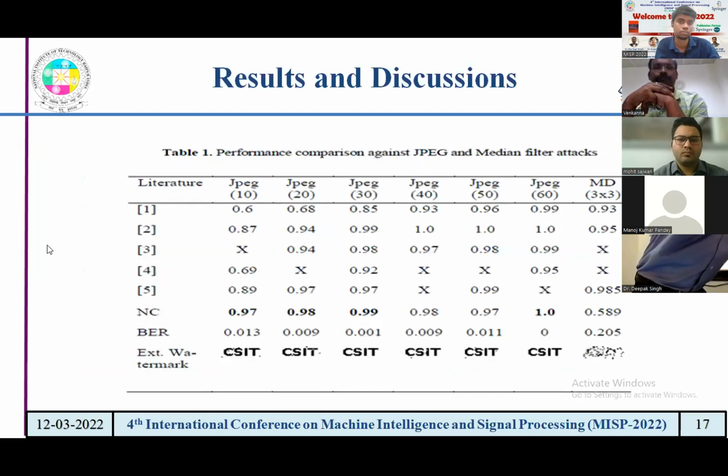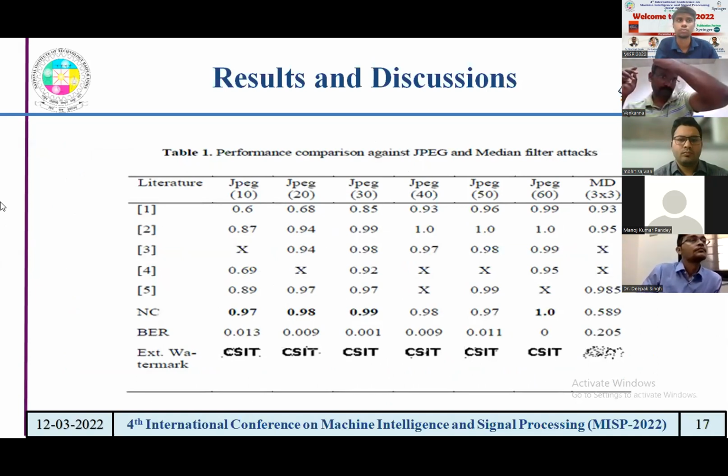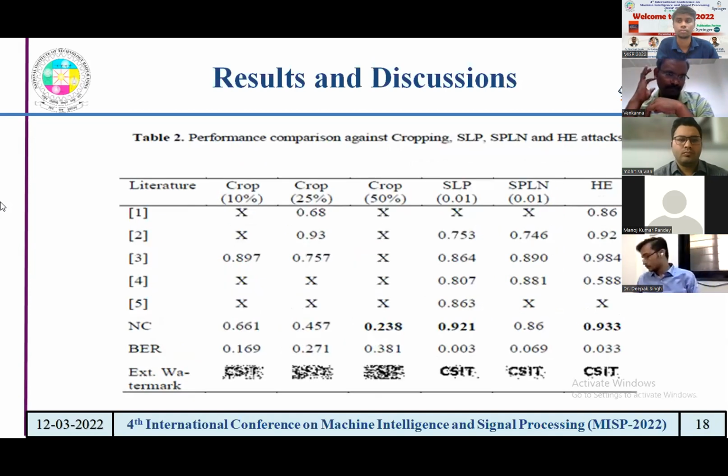And this is the performance comparison against JPEG and median filter attacks. Here we have compared with 5 literature works, and this is for the Lena image. For JPEG 10, we are getting an NC value of 0.97 and bit error rate of 0.013. And likewise for JPEG compression ratio 20, we are getting 0.98. Likewise for median filter, we are getting 0.589. And for the cropping attack, salt and pepper, speckle noise and histogram equalization, we are getting